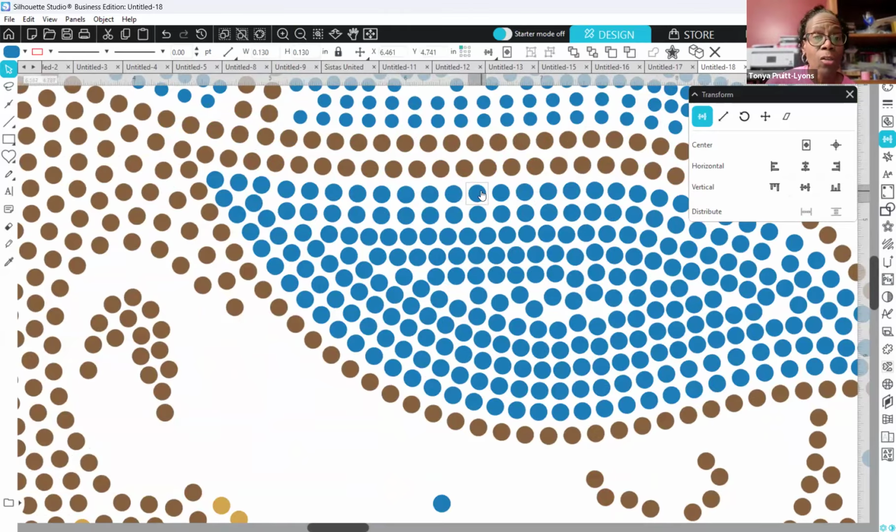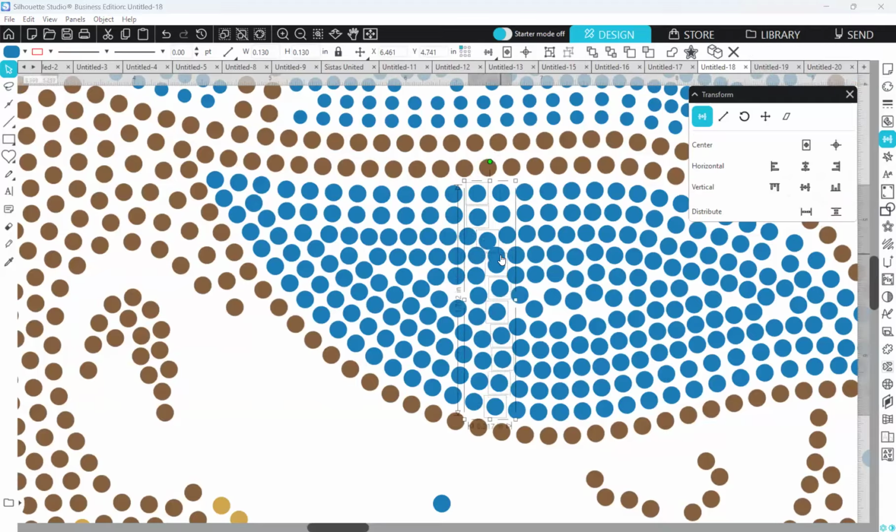So I'm going to start at the top, and it's always easy to see the first one, but it gets harder to see the next ones because when you click on them, now you got a box around it. And sometimes if you're clicking and you miss a stone, so I'm clicking, and I think I got them all, and I hit that vertical spacing. You see what happened? That one stone right there didn't move. It stayed where it was, and that was because it was one that didn't get selected. So you have to go back,